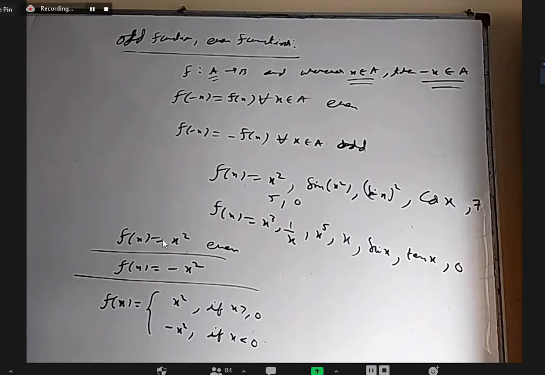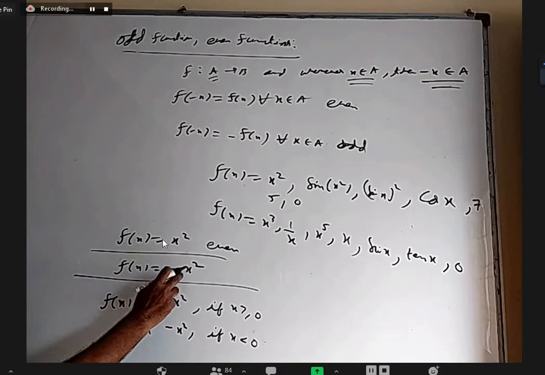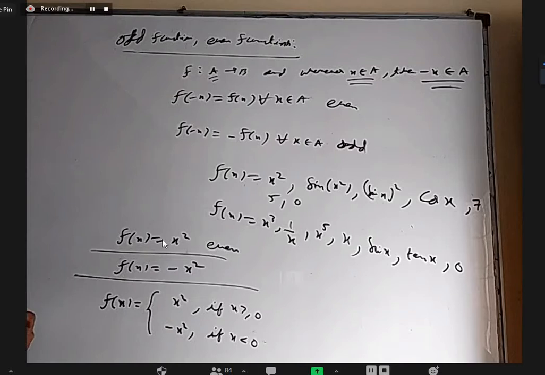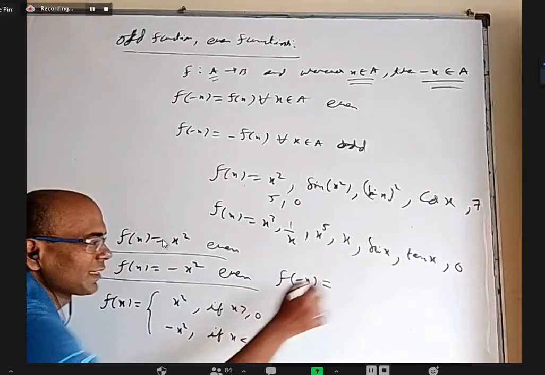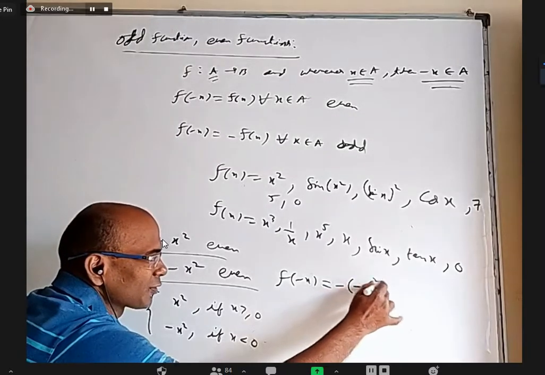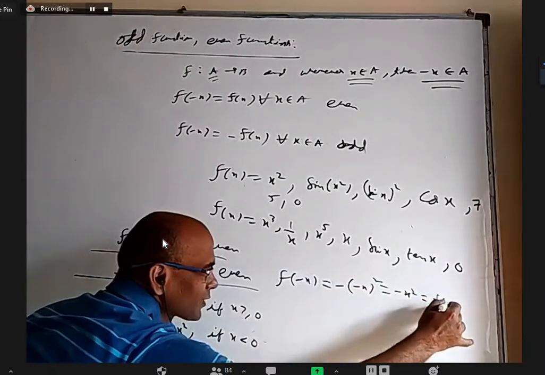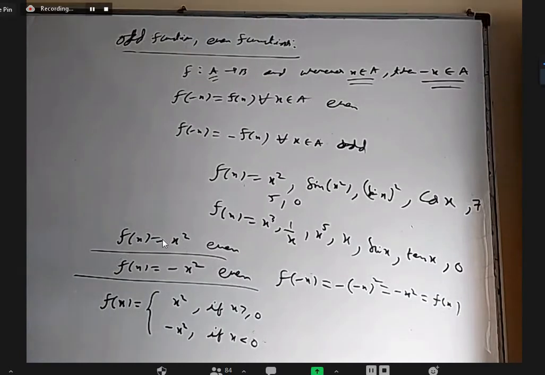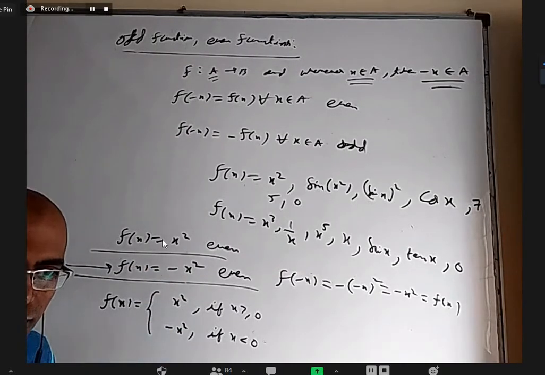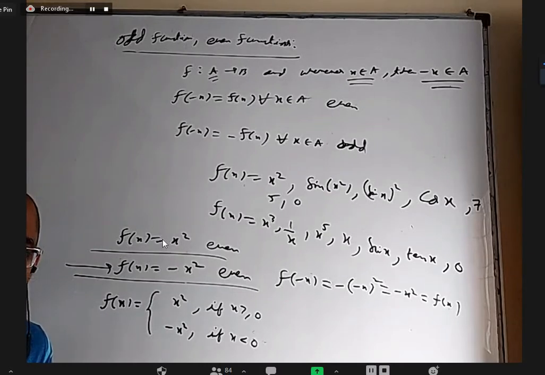Come on. We replace x with minus x. What will happen? It will be minus x square only. Minus x square only, right? This is also even. If you take f of minus x, what will come? Minus of minus x whole square, which is minus x square, f of x only, right? Just because minus is there, don't get confused. If you take only this one, if you replace x with minus x, no change, right? So it is even function, not odd. You should not get confused with such a silly question here.